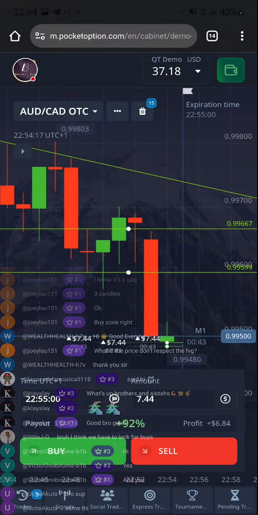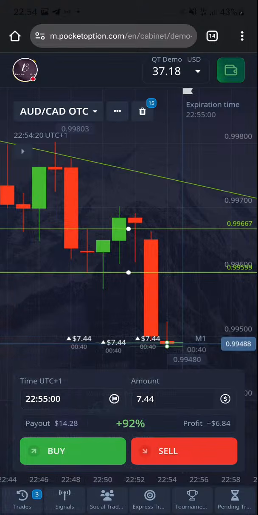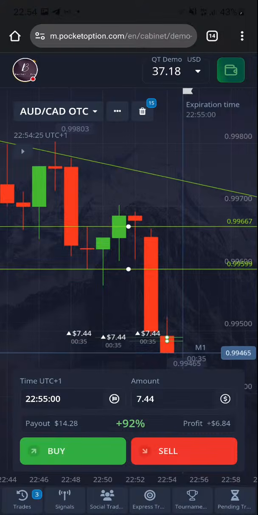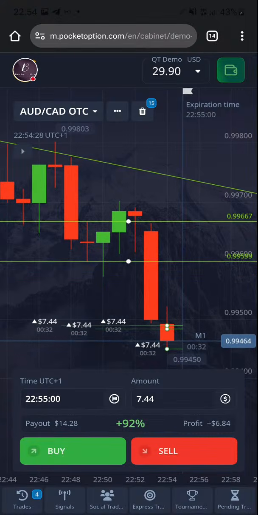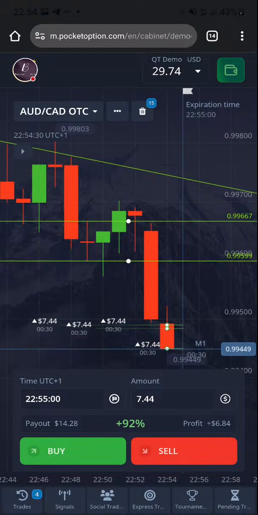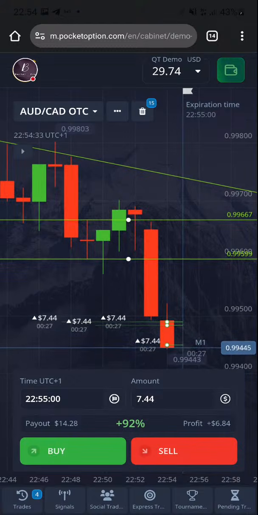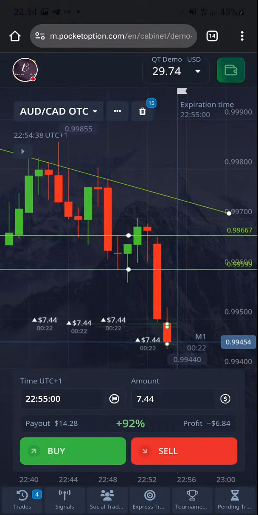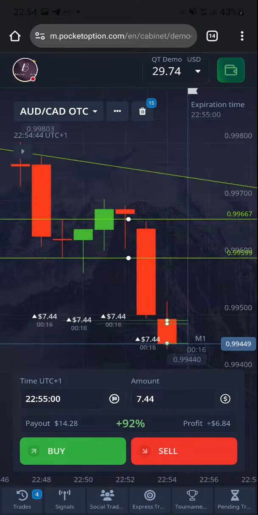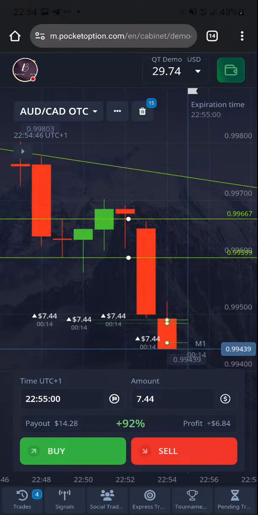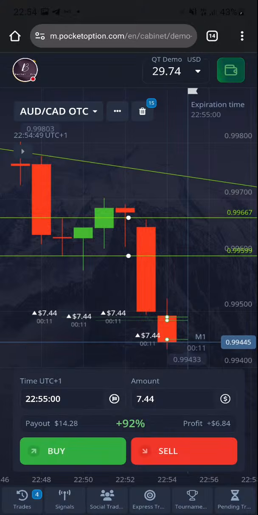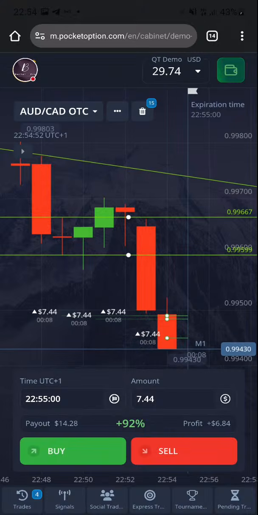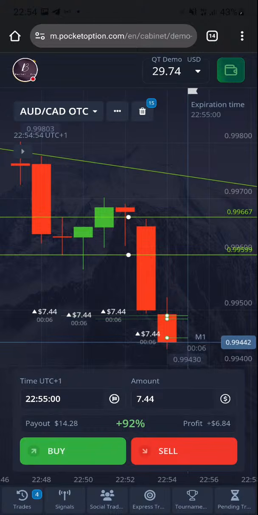That gap down will be the only confirmation I need for this trade to happen. I'm expecting that green candle to the upside. It's an exhaustion candle. Exhaustion candles happen in this type of market. Anytime you have an exhaustion candle like that, you can have a retracement. And also, anytime you have an exhaustion candle and you have a gap in the favor of whichever candle you expect, it usually happens.